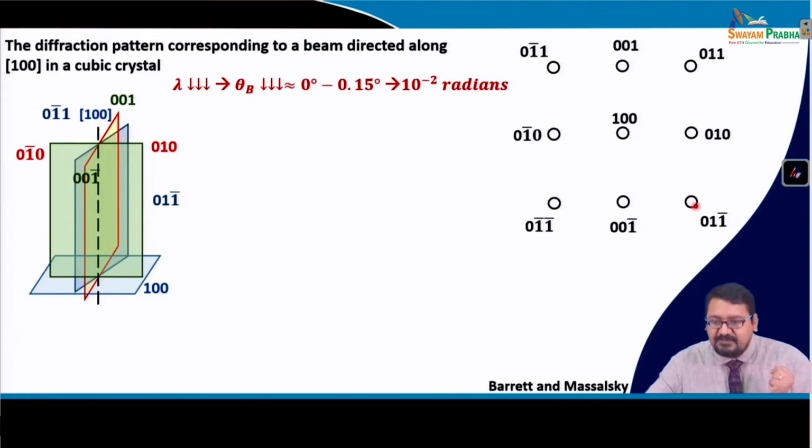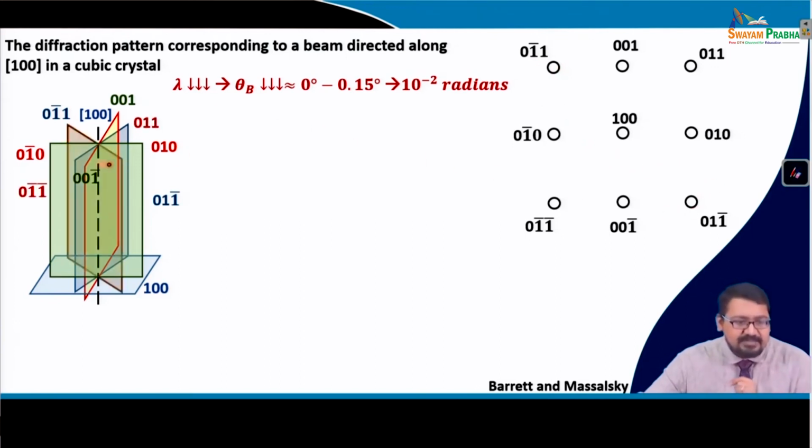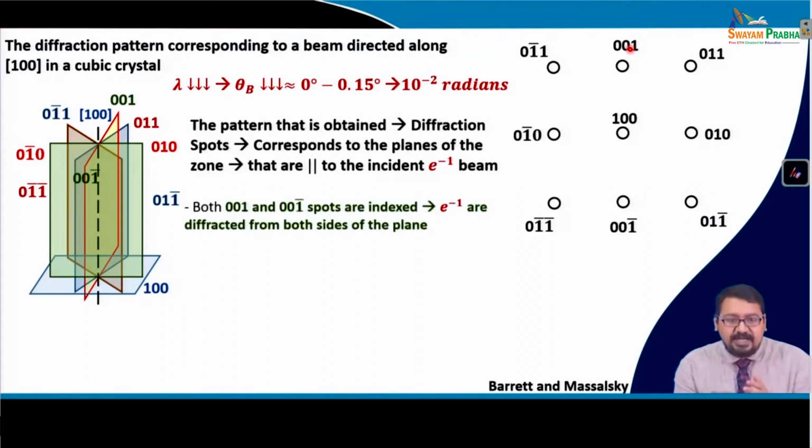and could be represented in these positions. Like that, the other plane, the red colored plane, with this direction 011 and this direction 01 bar 1 bar, could be represented here in form of a reciprocal lattice. So, the diffraction that is obtained from an electron gun or the electron beam looks something like this in case of a simple cubic crystal structure, and you see the